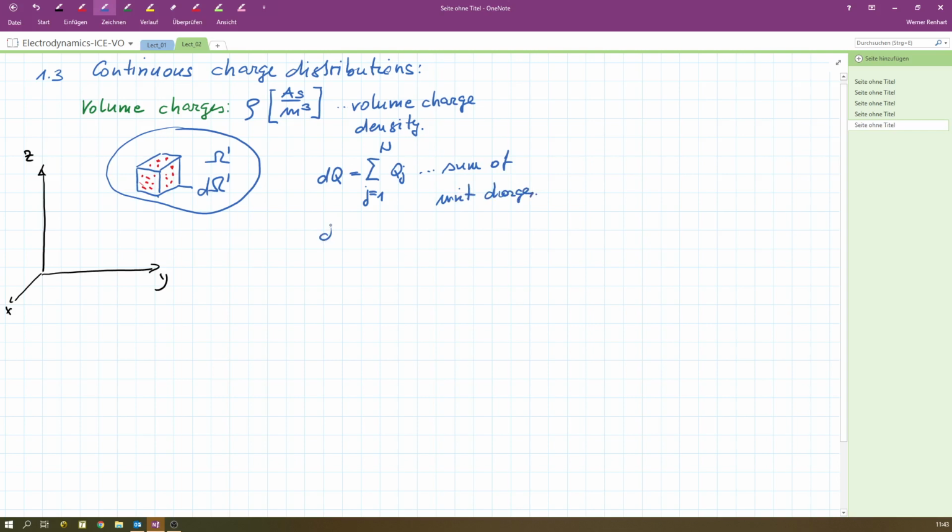And delta omega prime equals delta x prime, delta y prime, delta z prime, if it is in coordinates of Cartesian description. Then for any charge, we have some prime vector, some source point vector, and for a considered field point,